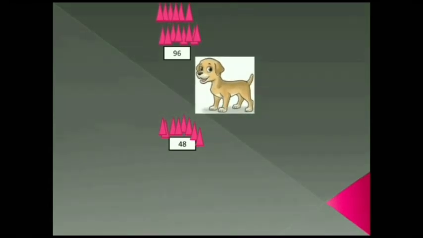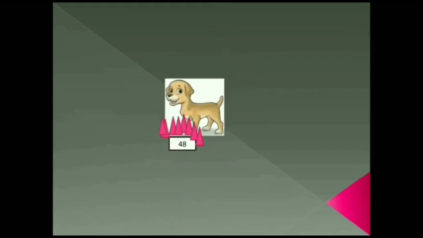Oh no, there are thorns in the way. Rosie will get hurt if she keeps her leg on more number of thorns. Now, you say which group has less number of thorns? Yes, you are right. The second group has less number of thorns. Wow, you helped Rosie. Thank you for helping her, children.